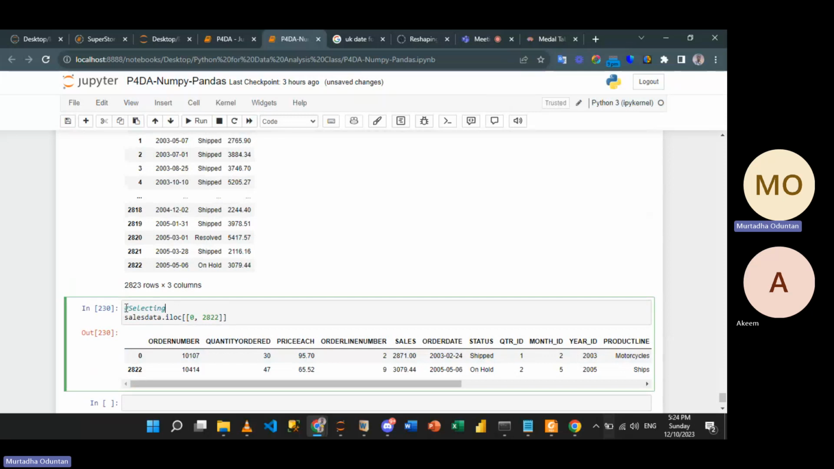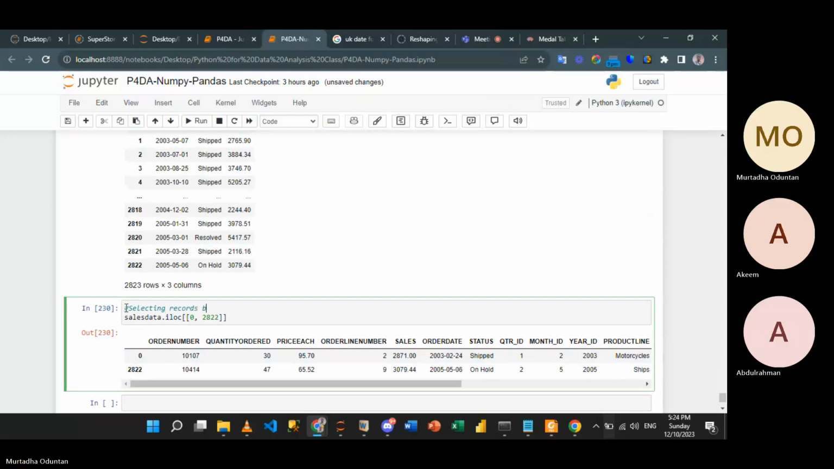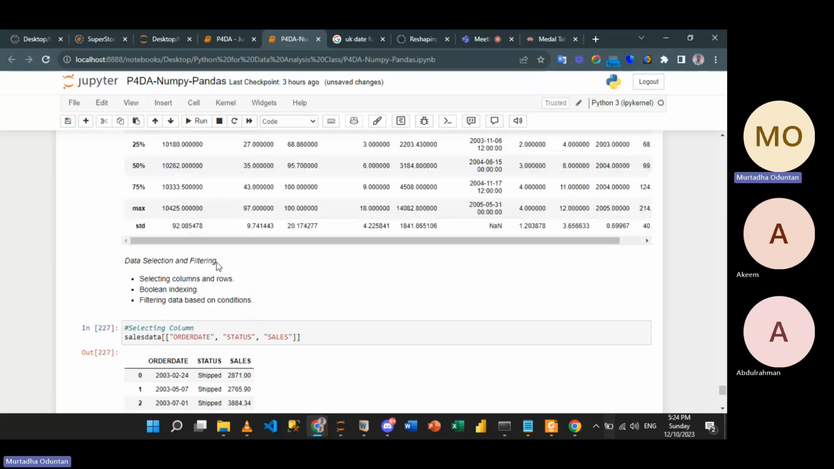So selecting records based on rows. This is just how we do that using the column names and iLoc, as we previously mentioned. Now, Boolean indexing, how does that work? Boolean indexing works along with